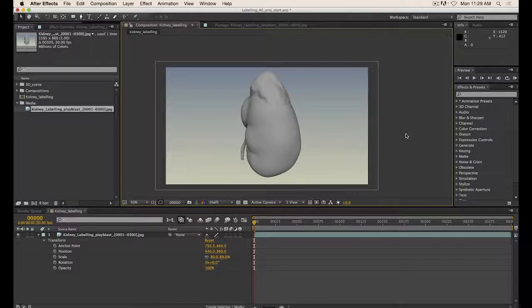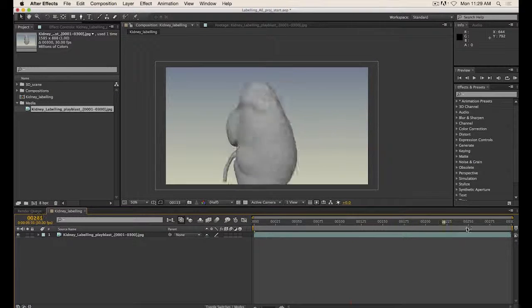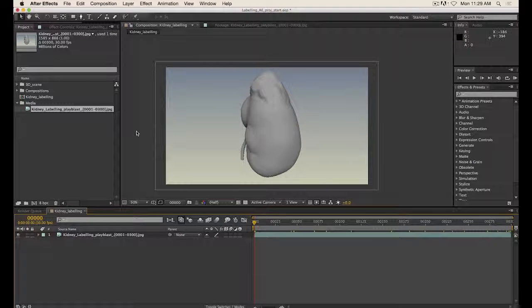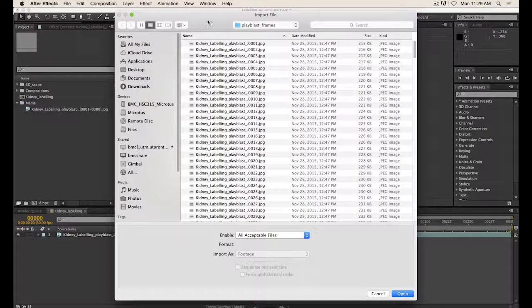And of course, if you actually had rendered frames, then this part of the process is irrelevant. You're just going to bring them in and they'll fit on their own. So now that we've got our animation here, we want to bring in our 3D data. So into this 3D scene, I'm going to import our Maya file. So I'll hit Command-I,